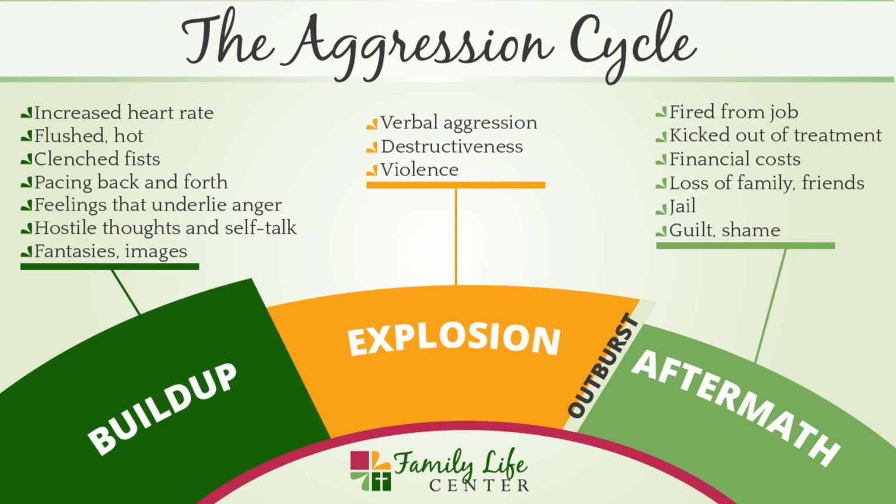And so from an anger management perspective, an episode where anger leads to aggression can be viewed as consisting of three phases. We have the buildup, the explosion, and the aftermath. And together they're going to make up the aggression cycle. In this process, the buildup phase is characterized by cues that indicate your anger is escalating. These cues can be physical, behavioral, emotional, and cognitive, or your thoughts. And cues are our warning signs or responses to anger-related events.